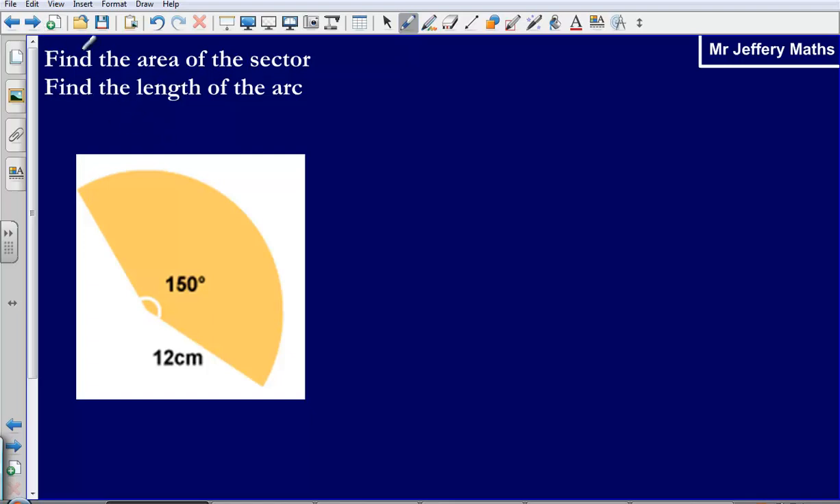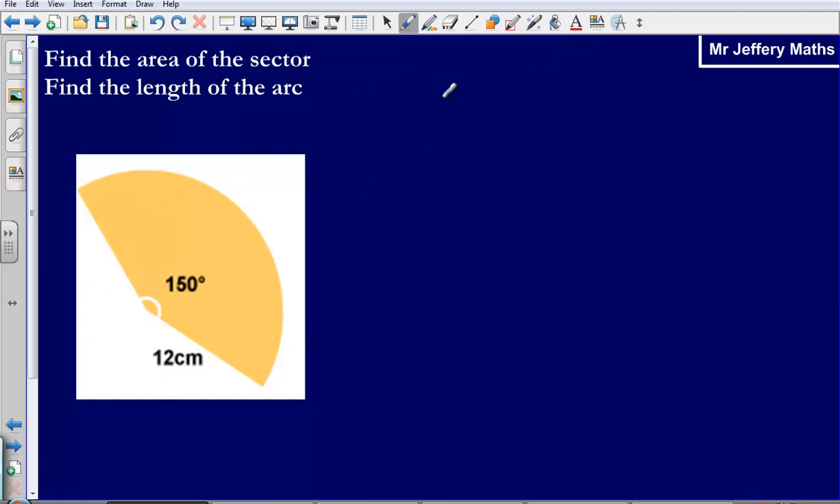Okay, last one. Find the area of the sector and find the length of the arc. So the area of the sector is simply the amount of area that is in this sector here, so the amount of space inside this shape. The length of the arc length is simply the distance of the curved part of our sector, so that bit around the edge. Well, what we need to remember here is our formulas for the circumference and the area of